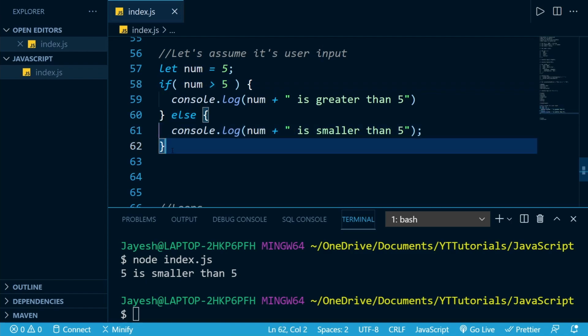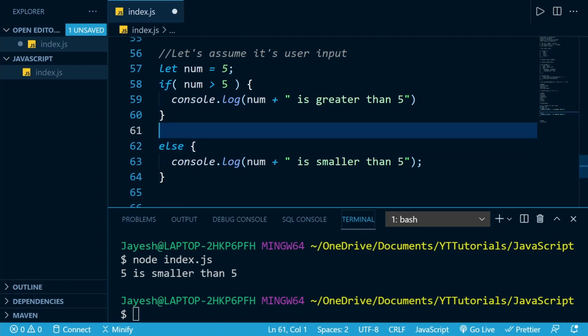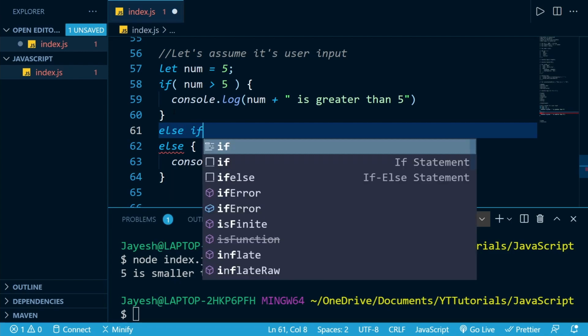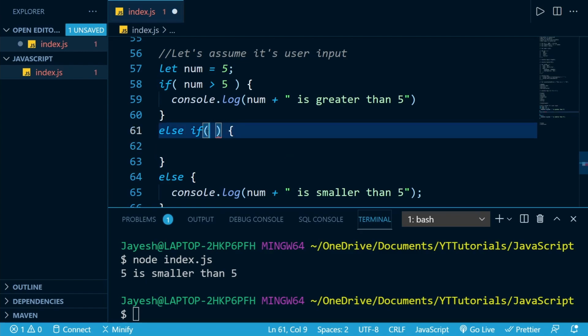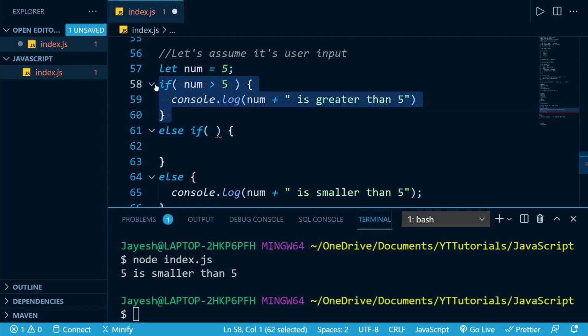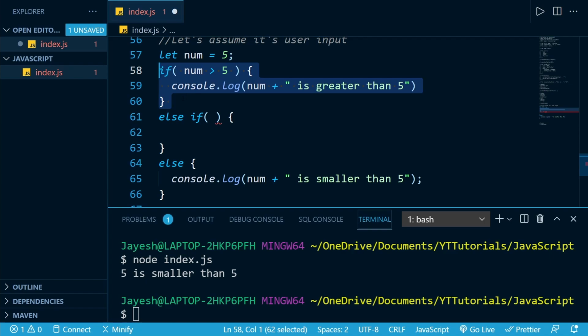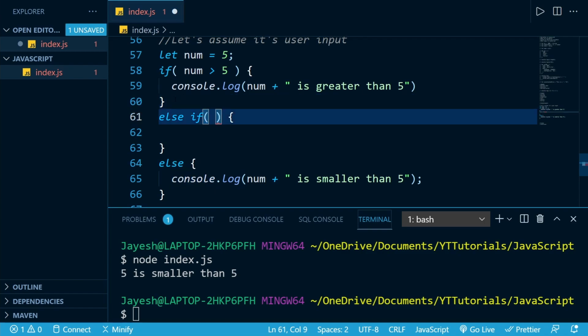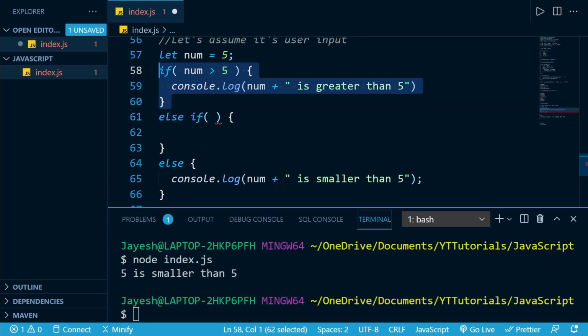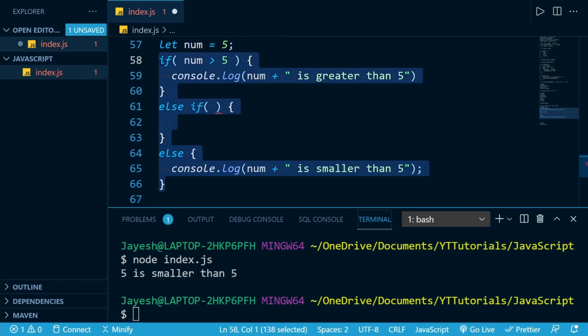So you should be very careful when you are using else statements. But to handle such a similar situation, we also have something else, that is else if. So we can again check for another condition. First it will check this condition, and if this condition is true, it won't move ahead with other else if or else condition checks. It will just exit this chain of if else if.